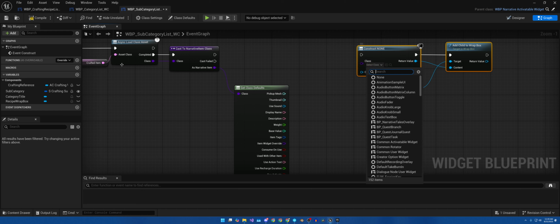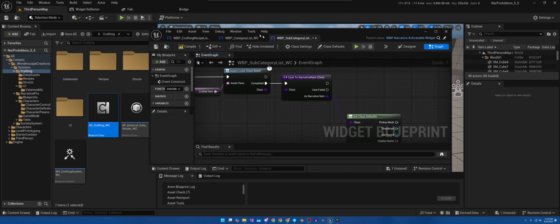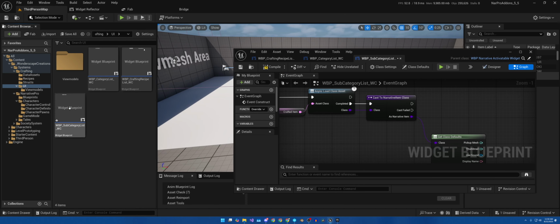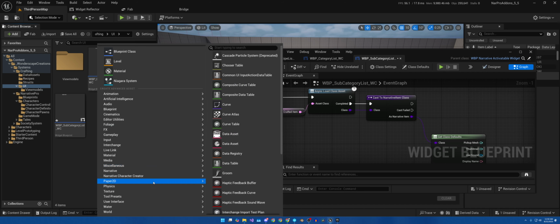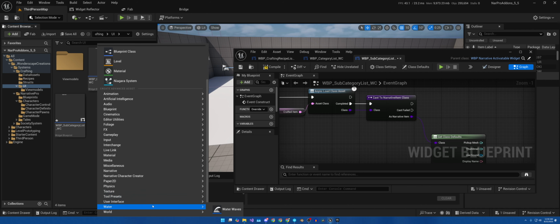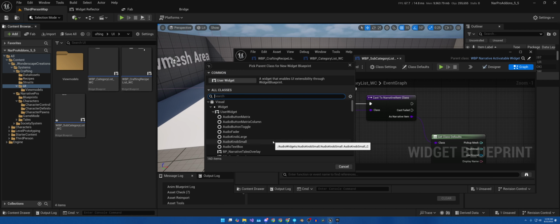And we are going to, I don't think I've made it yet. No, I have not. We need to create our own button. So we're going to come back into our UI. Let me find our button here. Right click. User interface. Widget blueprint. It will be WBP underscore narrative button